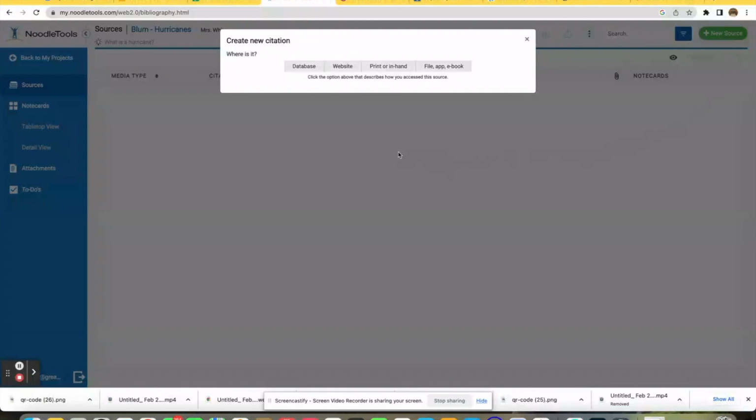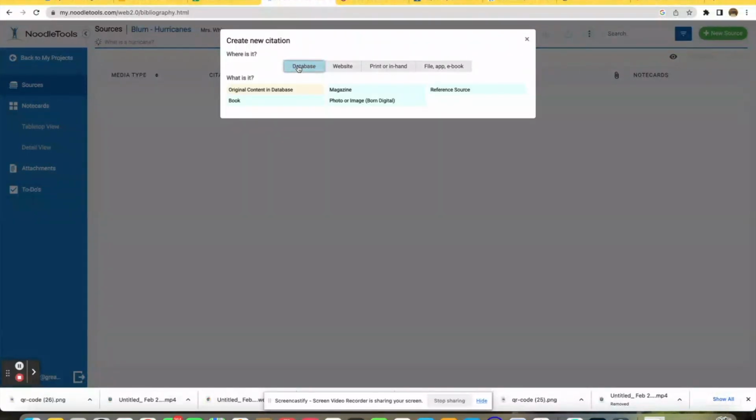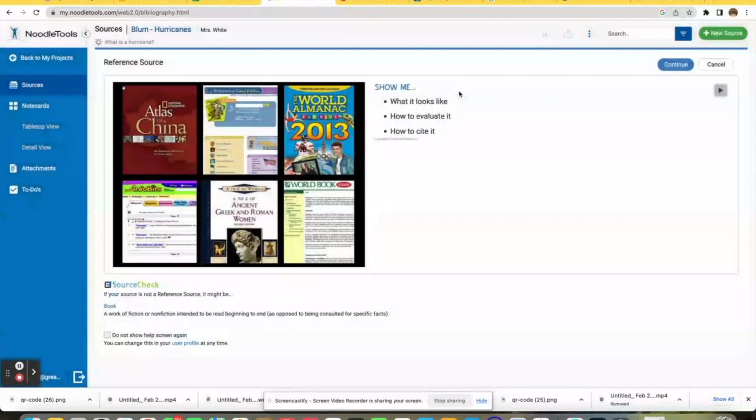So I'm going to select database, since those are the resources that we're going to be citing. All right, and to begin with, we're going to cite Encyclopedia Britannica, and you might know that all encyclopedias are considered reference resources, so we are going to select the option for reference. Next, we're going to click the blue Continue option,